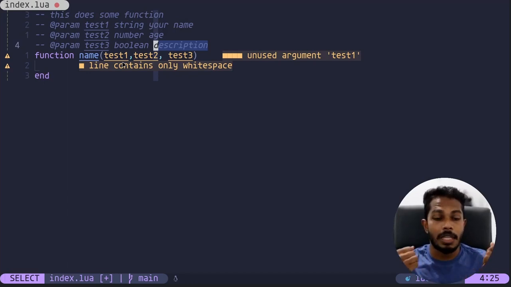So that's the whole idea of dynamic nodes, and it's really flexible, and you can combine tree sitter and LSP stuff and many other things,